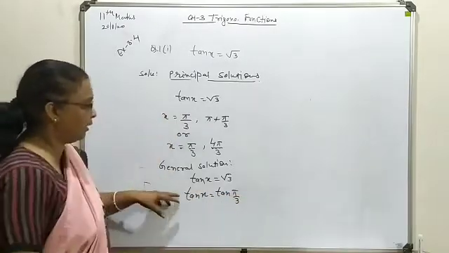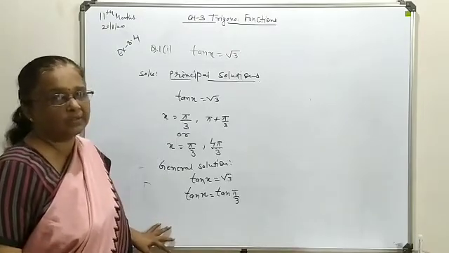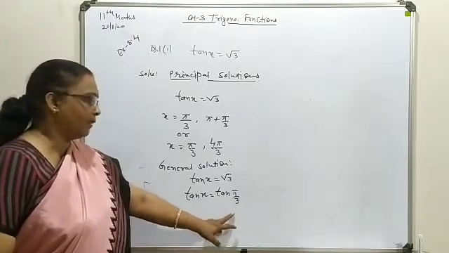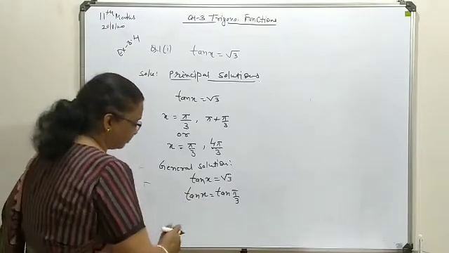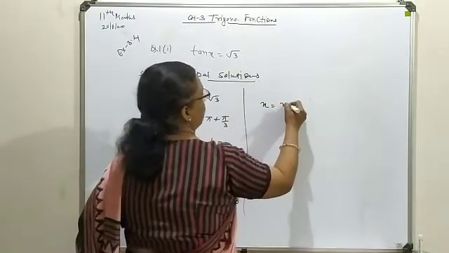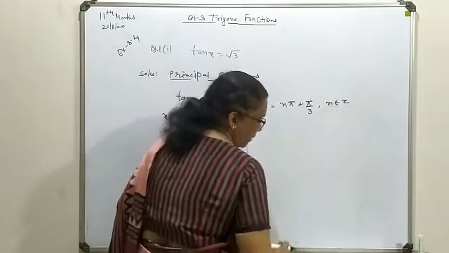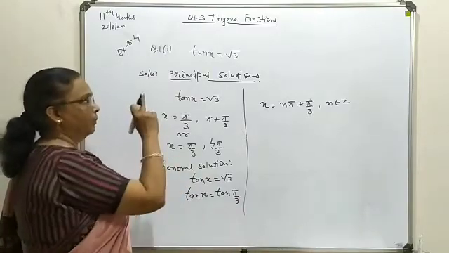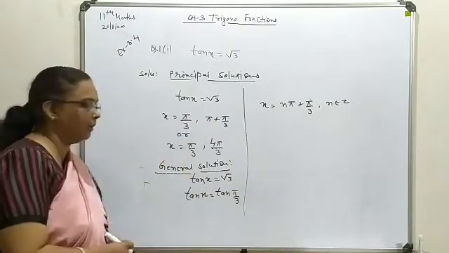What the general solution we have written regarding your tangent: x is equal to n pi plus y. So here in place of x you are getting x only. In place of y, we have generated pi by 3. So that we will write over there as x is equal to n pi plus pi by 3, where n belongs to Z. So this way you can find out both principal solution as well as general solution for the given trigonometrical equation.